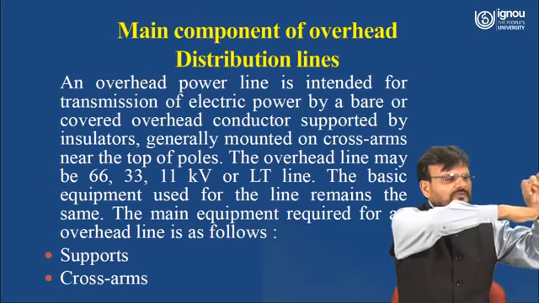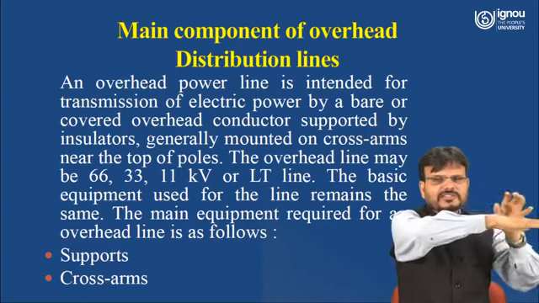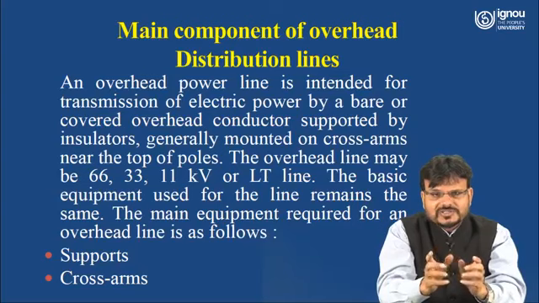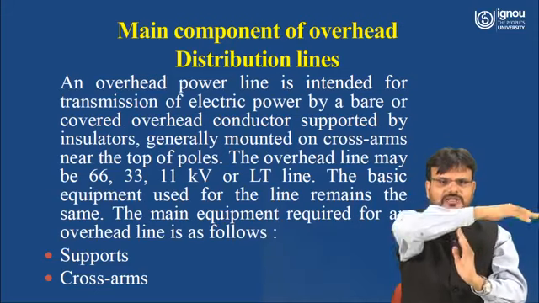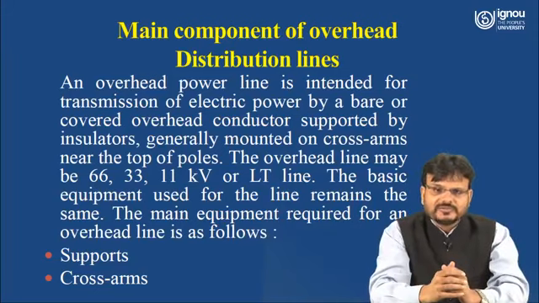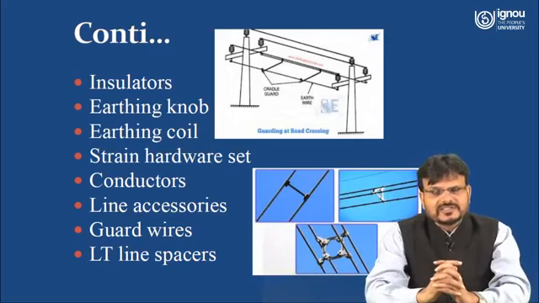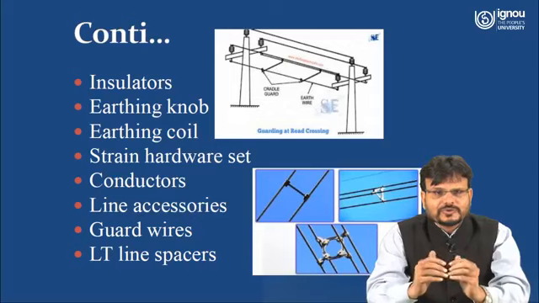On the cross arm you can put the insulator at this point and this point, and this distancing will depend on the voltage level, how much distance is needed between the 2 wires. Whatever arm you are using is called a cross arm. This cross arm may be of wood, steel, or galvanized iron. And next is the insulator. As I already told you, the transmission line is a live wire.